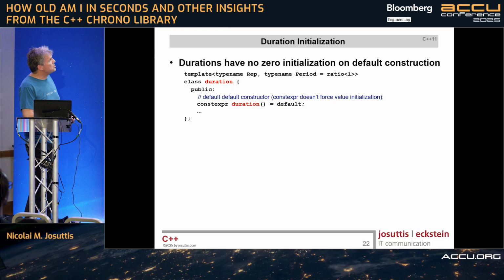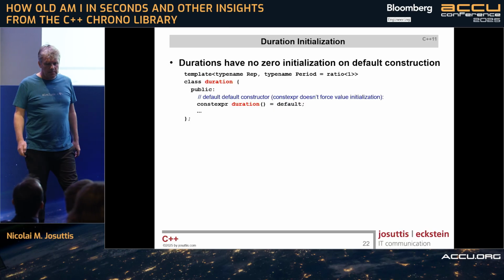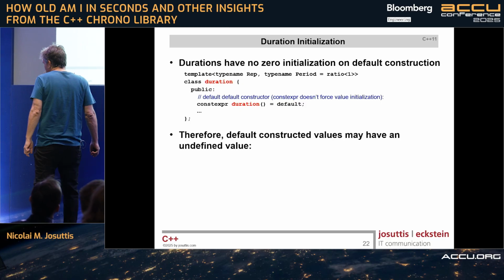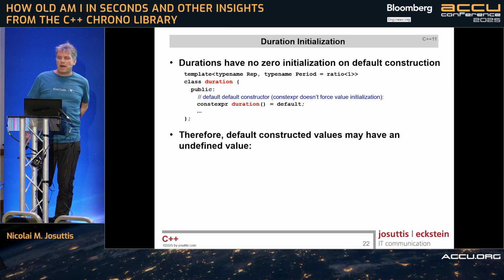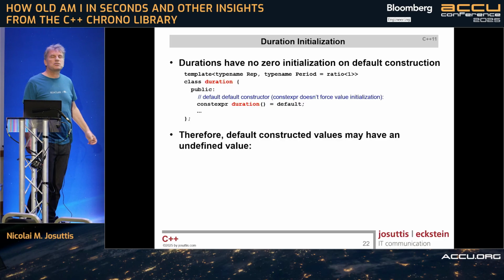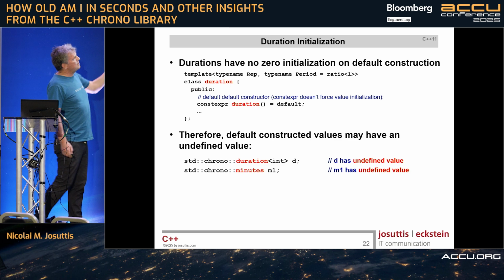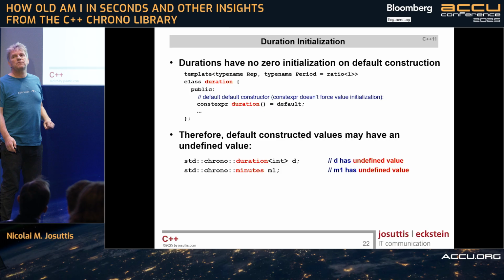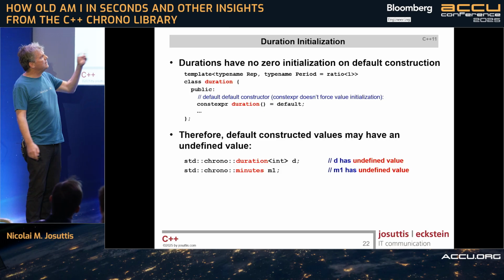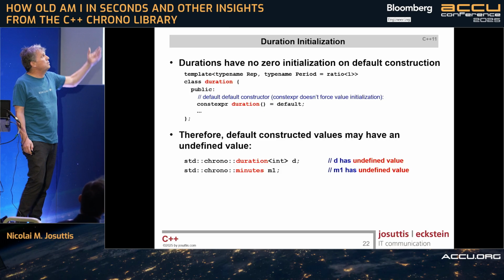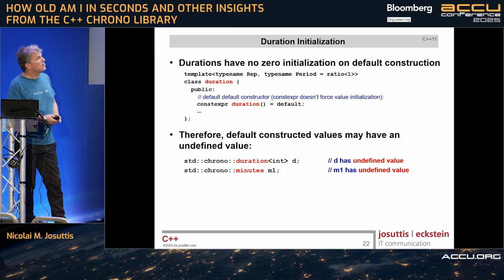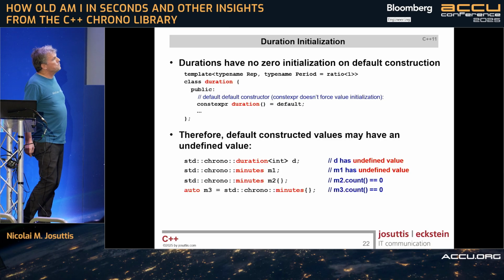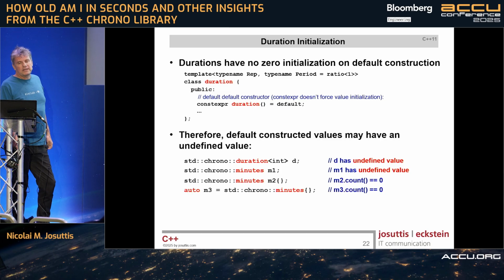Please note, durations, when you initialize them, internally use the underlying type. So if the type is a standard integral type, that might mean that objects of this class don't initialize the value. If you declare something like a duration internally using int, without initial value and without curly braces, you have an undefined value. Please beware. That also applies if you declare a shortcut for that, like chrono minutes. M1 has an undefined value. It's not 0. And please use curly braces to make sure the value is